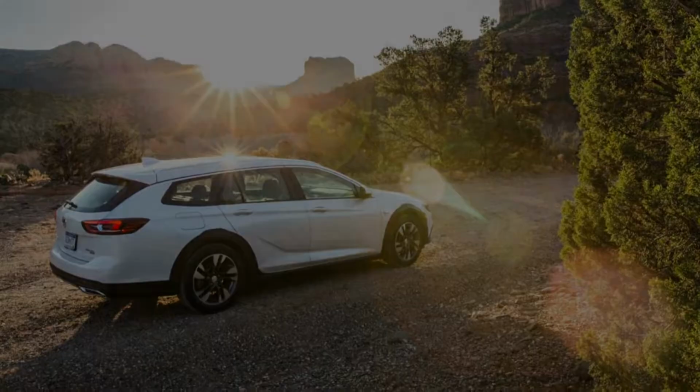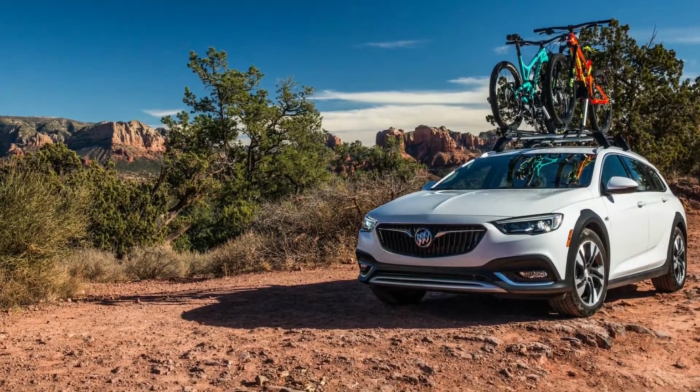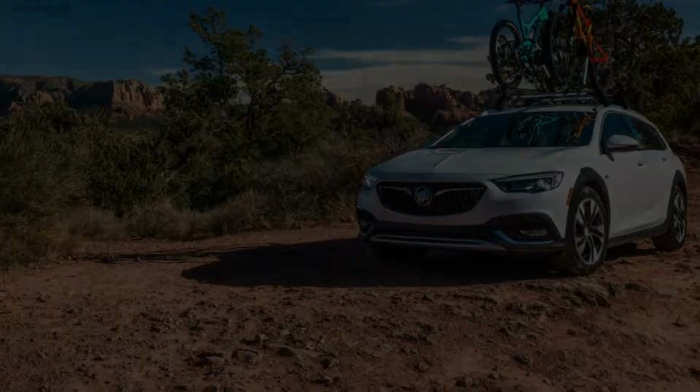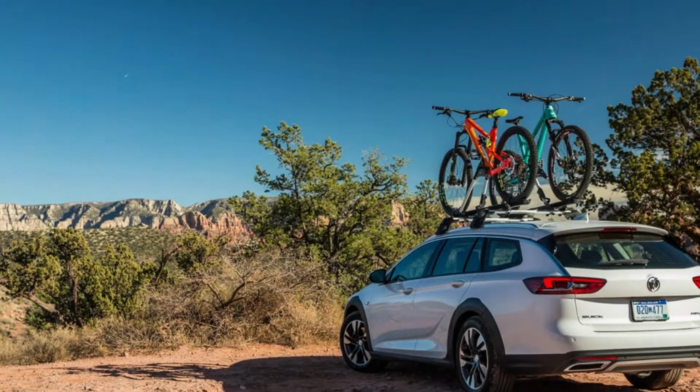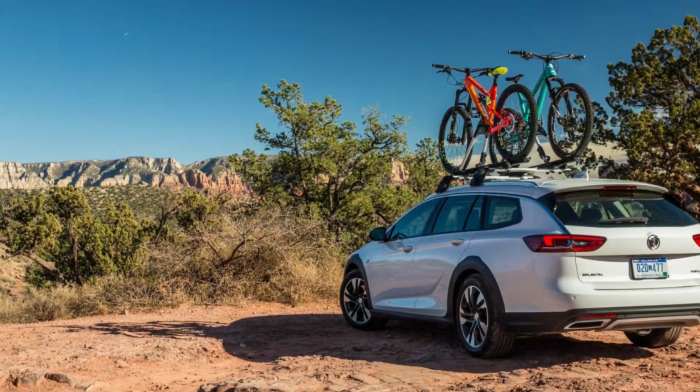We're not sure we buy into this any more than we imagine a scenario in which Buick steals customers from Audi. Yet the larger point is still valid, the Regal TourX sits squarely between traditional European luxury wagons such as the Allroad and the aforementioned and more affordable Outback, which opens at just